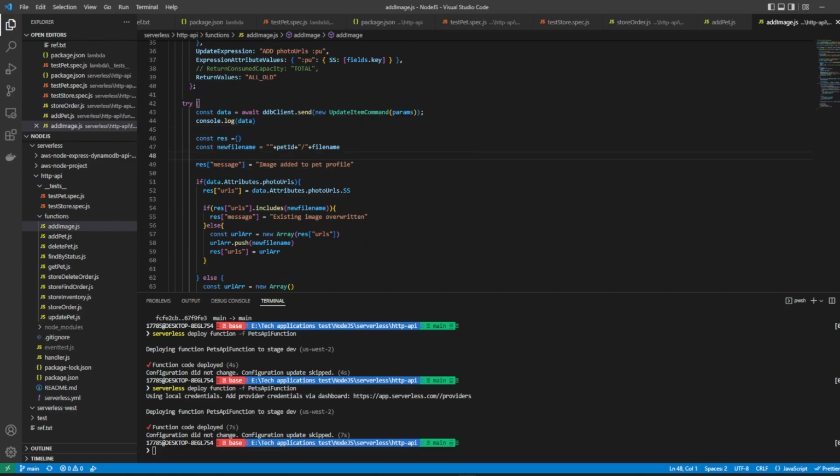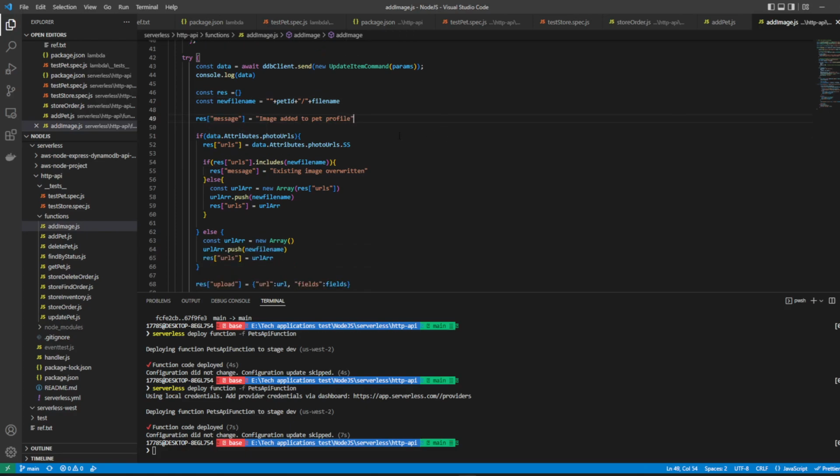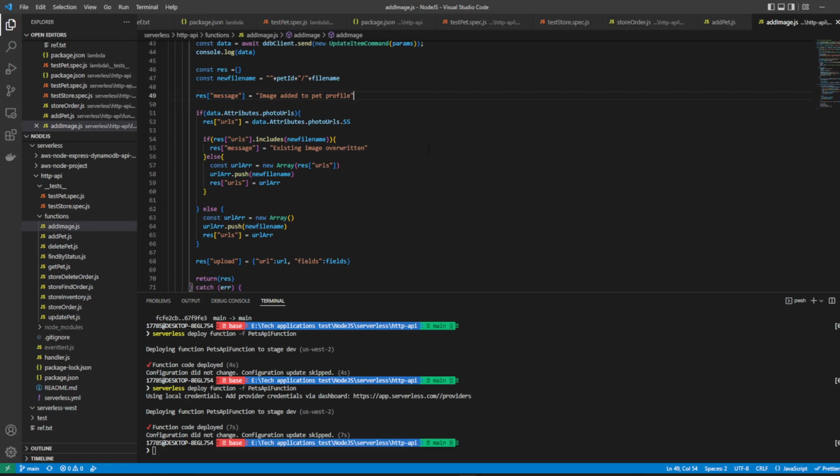We're creating a message that we're adding to the response dictionary, and so then we have to make sure that if the photos exist, this means there are already photos, we're going to do this. But if there are no photos currently under the pet, we have to create a new file name, kind of a new array. This turns into a set once it actually gets to the DynamoDB table, but we want to create a new array, push the new file name, and then return that array so you can actually see that the file